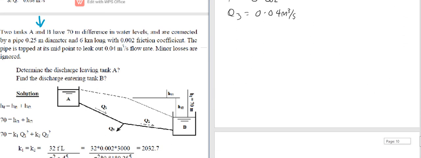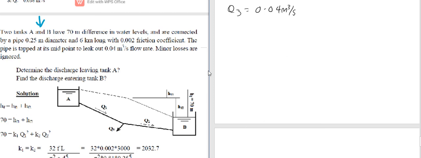So the total head loss will now be equal to HF1 plus HF2, which will now be equal to